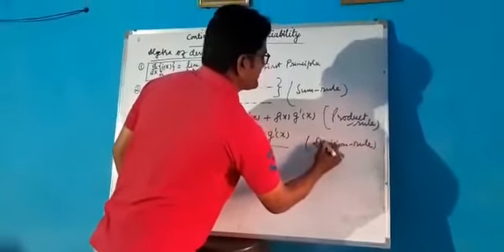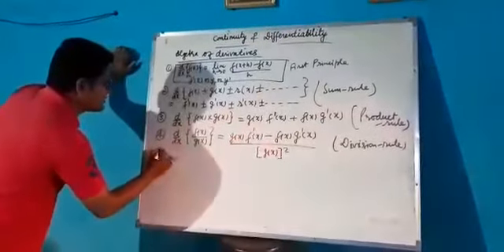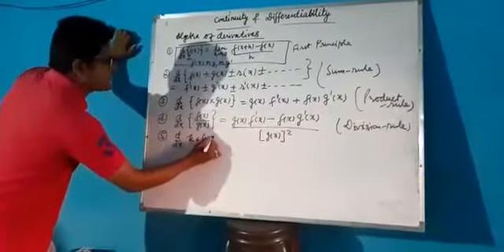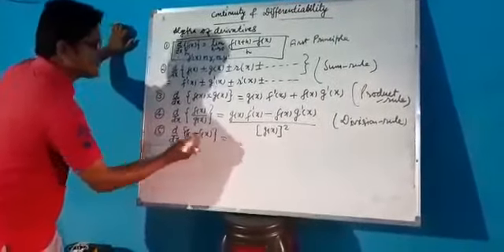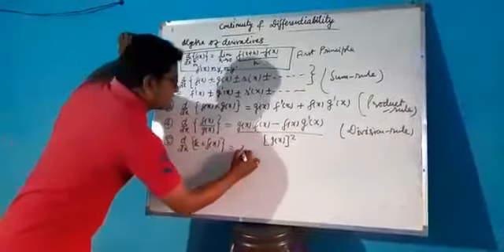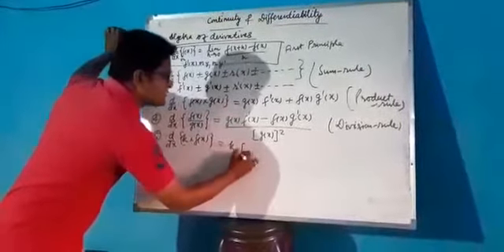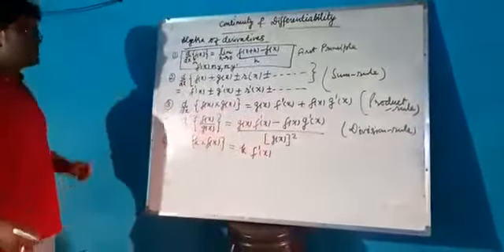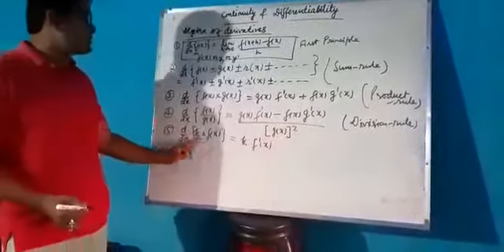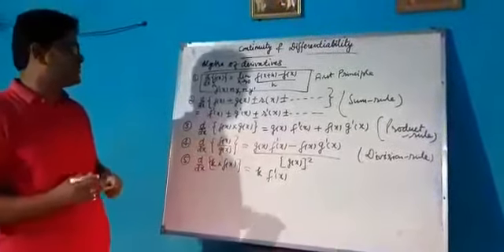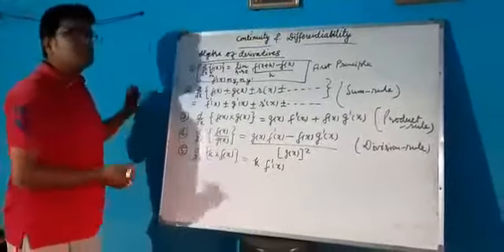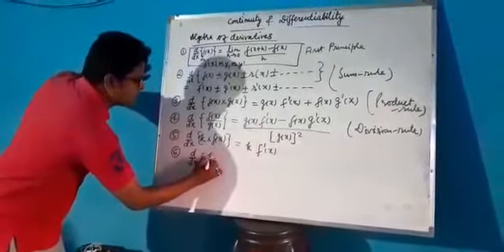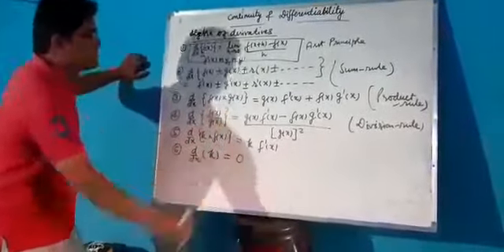After that we are having the rule for a constant. If we are having a constant with a function, how will you differentiate it? That constant should be removed out from that function and only the function should be differentiated. This is the most important rule. And differentiation of a constant, we can write it as 0. Differentiation of any constant should be equal to 0.